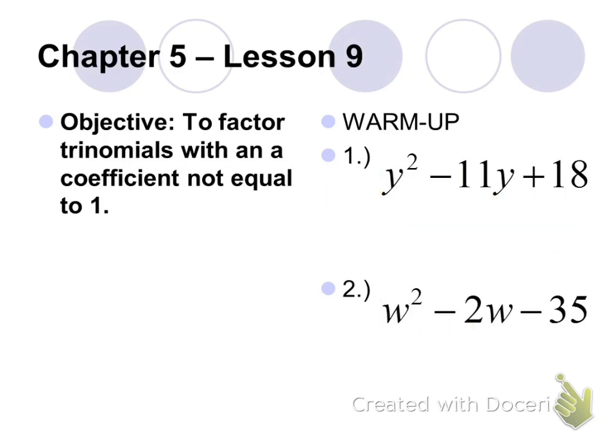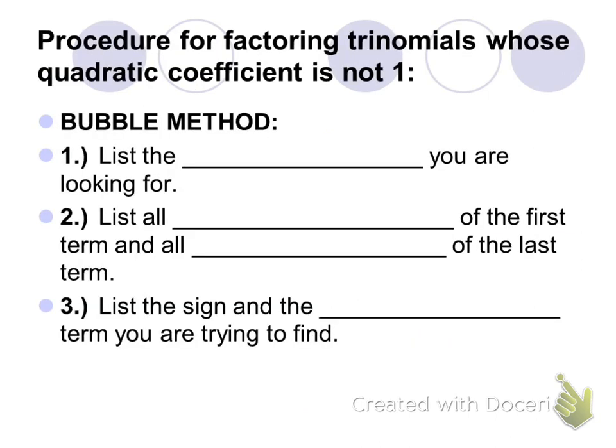Then let's move on to our one slide of notes for today. So here is our procedure. It's going to be similar to what we were doing before. There's just a little bit more to it when our leading coefficient is not 1. So remember, when you see the word quadratic, think about the squared term, the x squared term or y squared term, whatever the variable is. We are going to use what is referred to as the bubble method. We're just going to be making little bubbles around our numbers